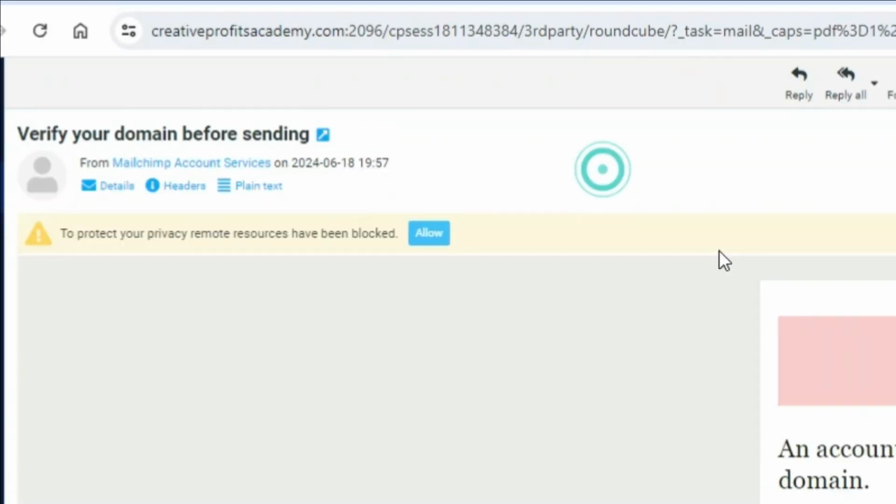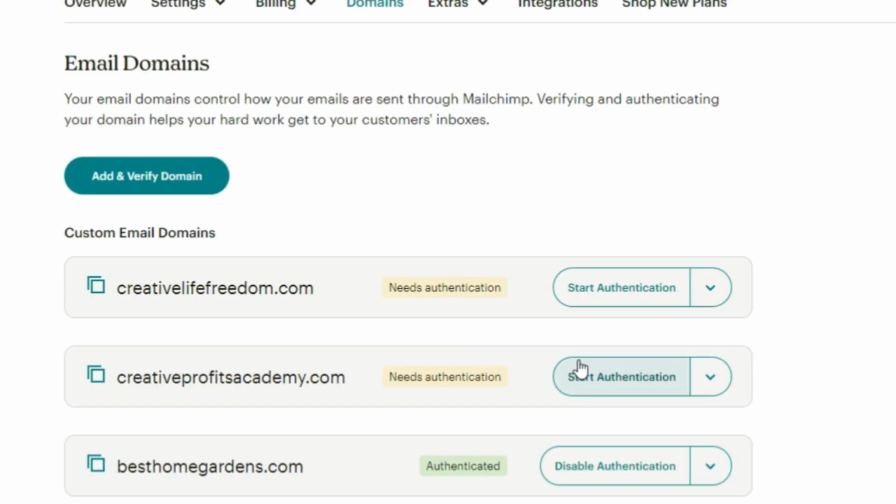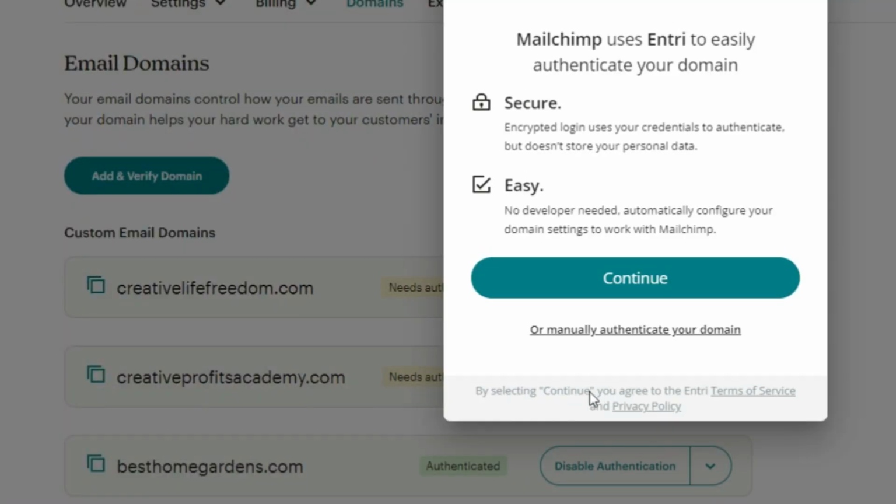Okay, so it looks like our email has come through for verification. We'll see that you can verify, yep, that's coming, the domain that we're wanting to set up. We're going to click down here at verified domain access, and when you click that, it's going to take you over to MailChimp. Okay, so now that we're back over at the needing authentication domain section of the MailChimp email list, let's go ahead and click on start authentication with one of the domains,